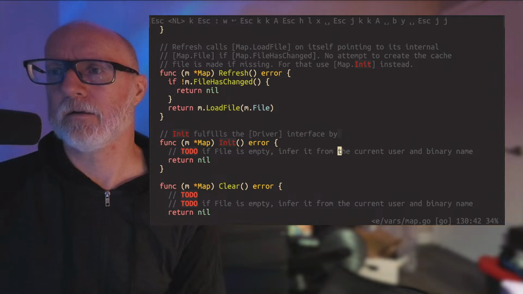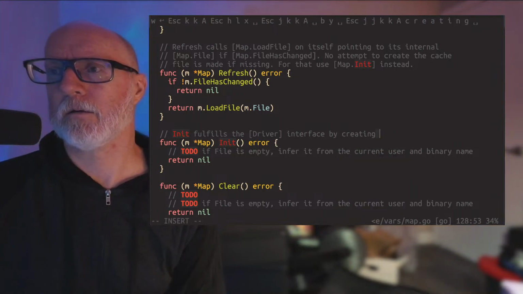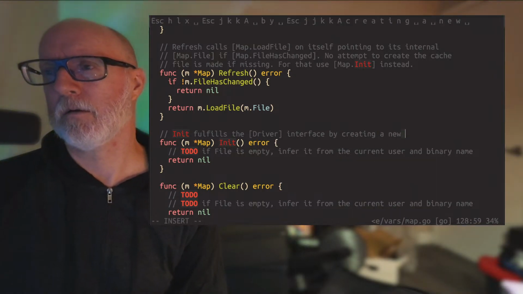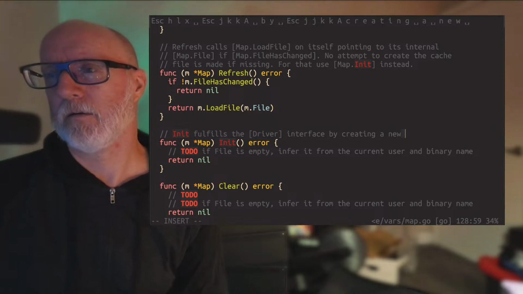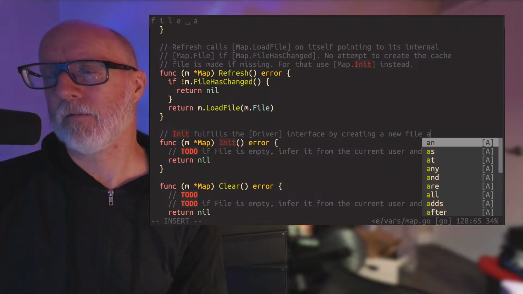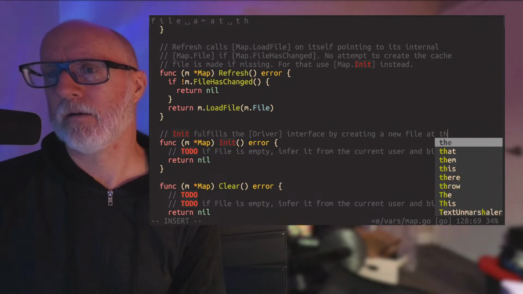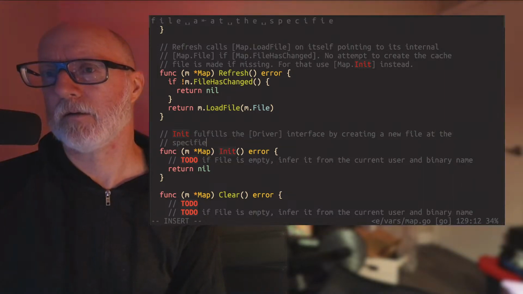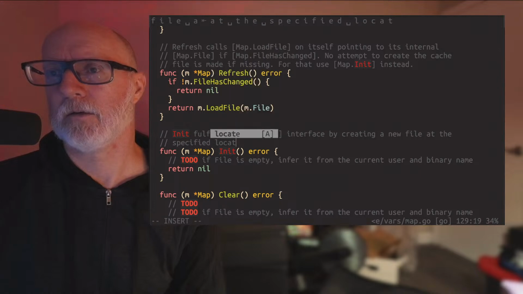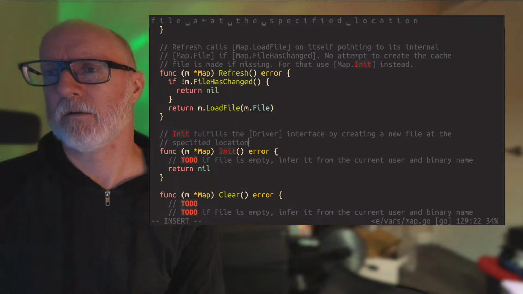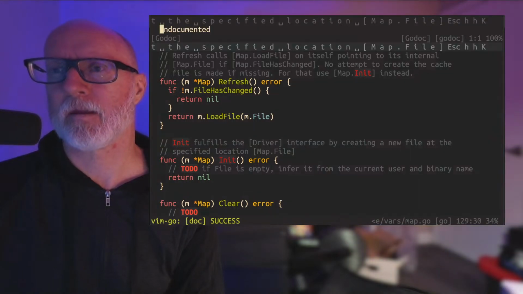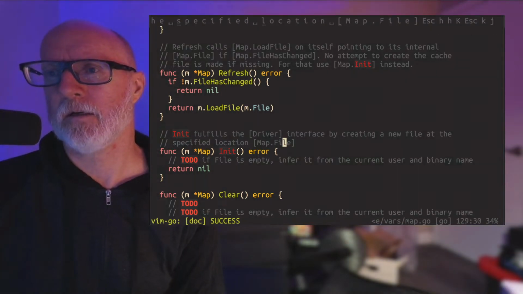And it pulls the driver interface by creating a new file at the specified location, map.file, and